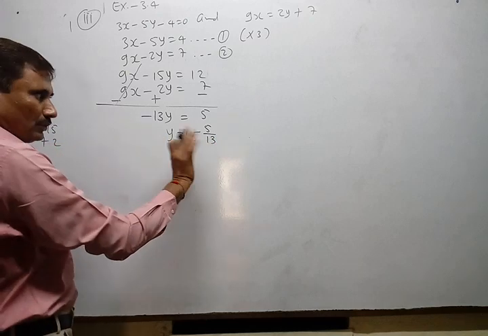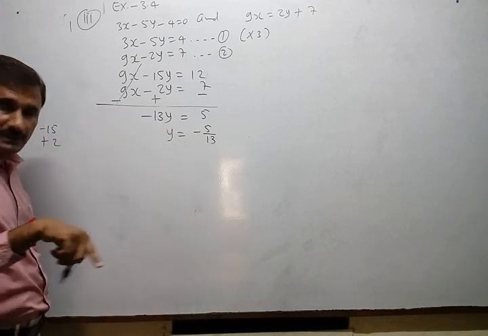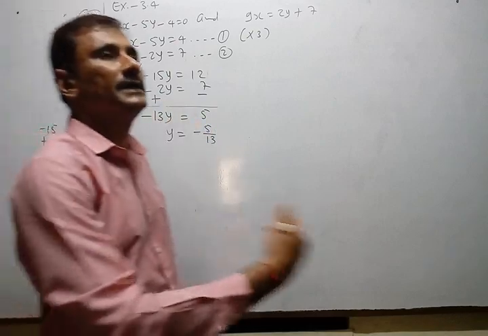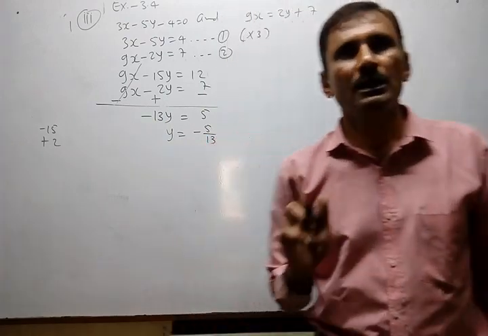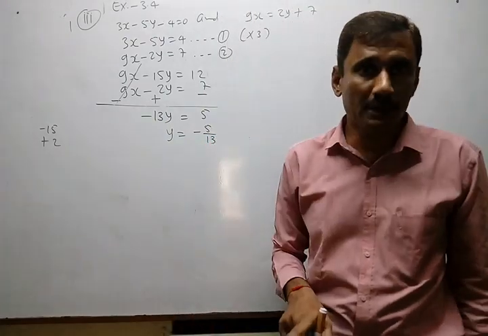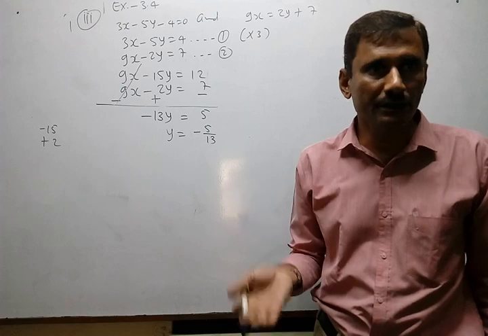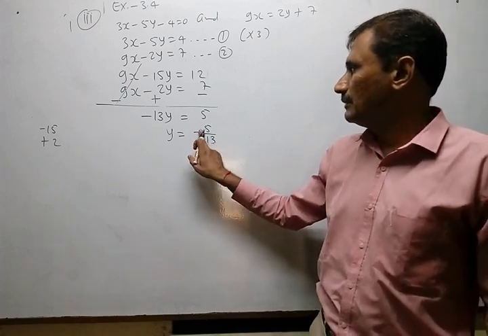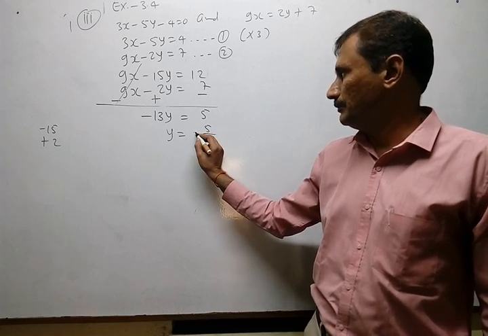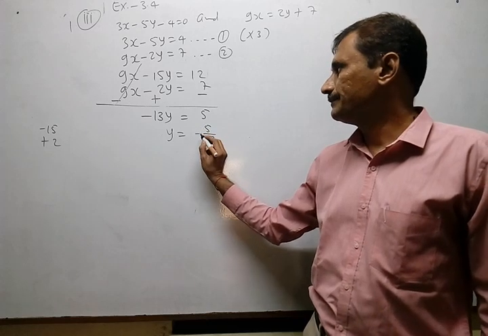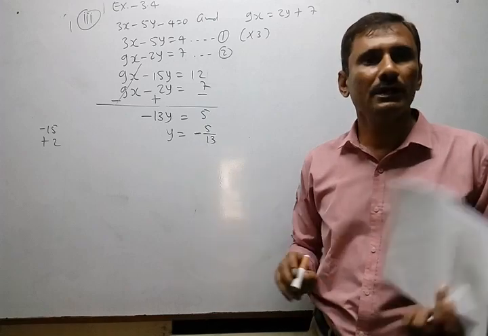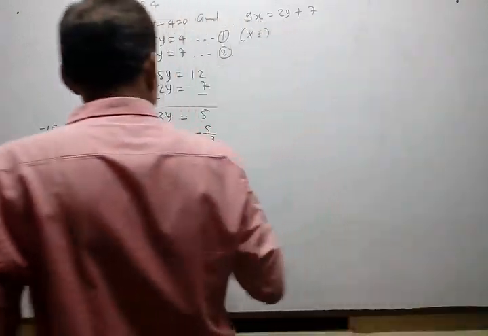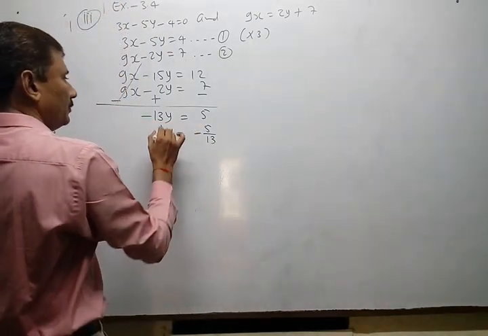13 goes minus there only, not minus to plus, because here coefficient shifted. Whenever coefficient is being shifted there, at that time remember, not minus to plus or plus to minus, but multiplication to division and division to multiplication. So actually minus is here, but you can allot sign either to numerator, otherwise in between. Okay, fraction is minus means what? Numerator is minus. Okay, so we got y equal to minus 5 upon 30.